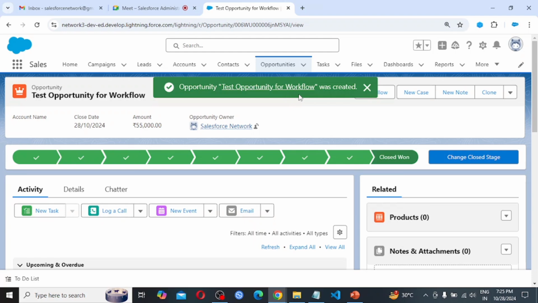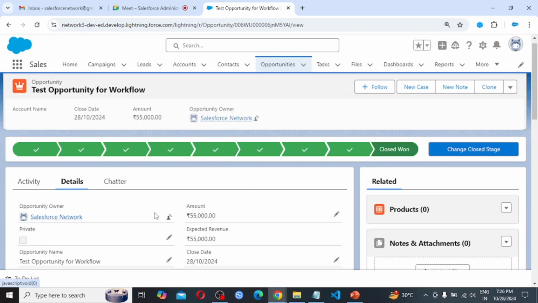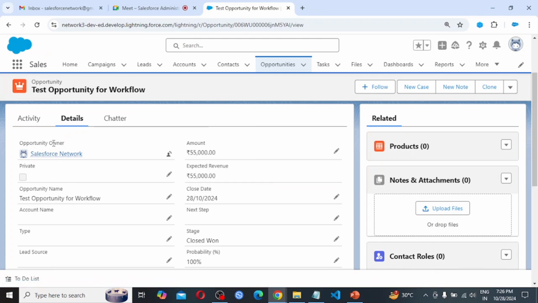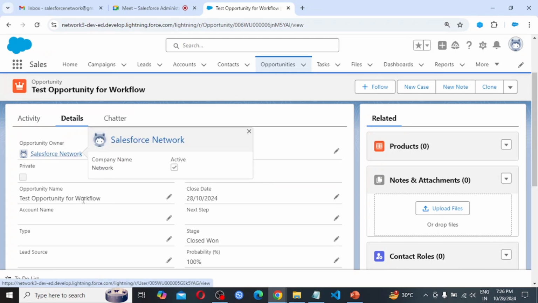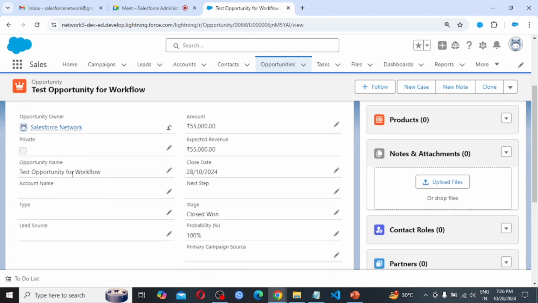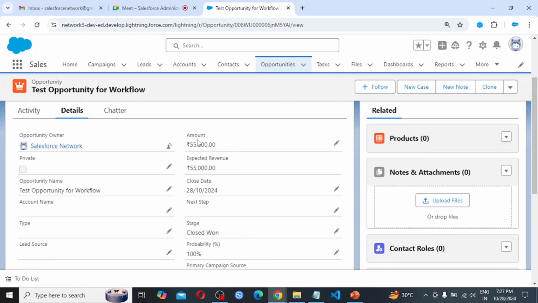So here we can see the opportunity is created. So click on details. So this is the opportunity. Opportunity owner is Salesforce Network. Opportunity name is test opportunity for workflow, what we had given as the name. Amount is $55K.